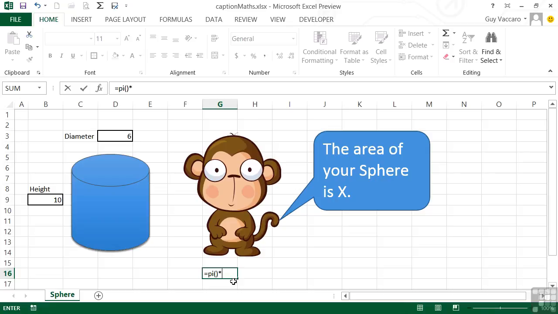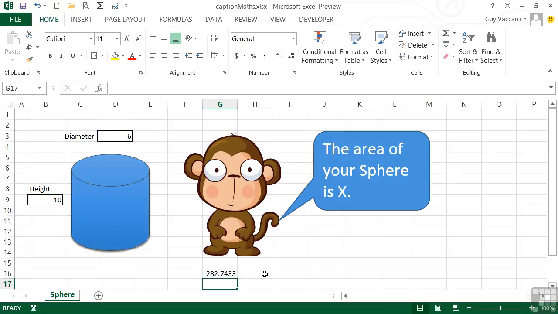Well, our radius is half of the diameter. So we need to think about BODMAS maths here. We need to take the diameter, divide it by 2, and then square it. So that's to the power of 2. So we did those operators much earlier. The only thing we've added here is pi. And then we need to multiply the whole of that by the height, which is that cell there. So effectively that formula should work out the area of that cylinder. And when we press return, it gives us